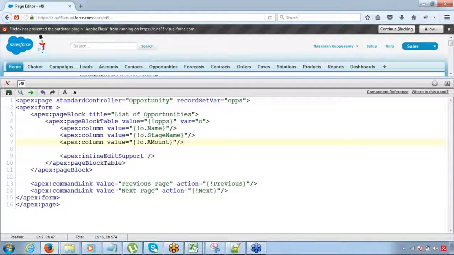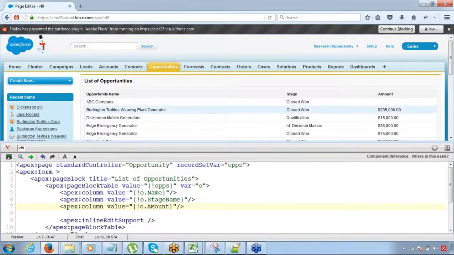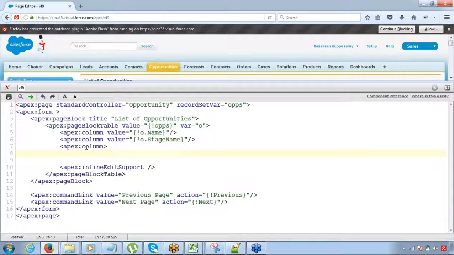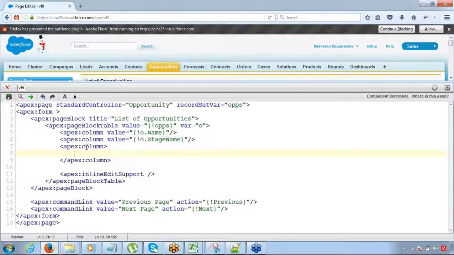Okay, now this is the page. In this page I want the inline edit support only to be applicable for the amount. So what we have to do, let's make the changes to the code here. I need to start the column component and close the column component. Look into this very carefully. Now because I've started the column component and closed the column component, now inline edit support I want to bring inside this,